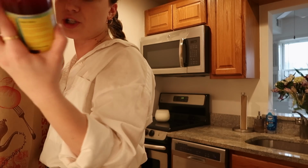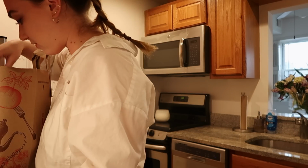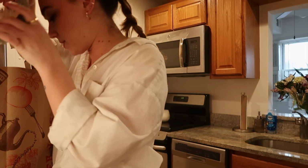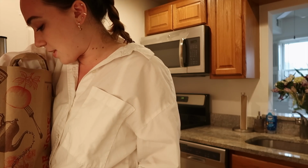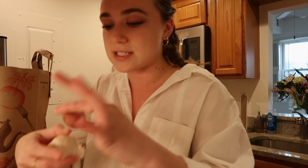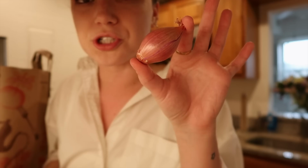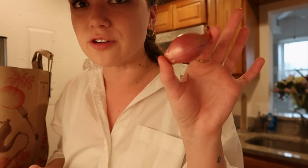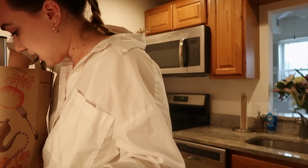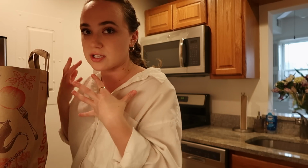I picked up a kombucha. This is in the Trilogy flavor. I'm not following a recipe or anything tonight, so this is a meal purely off vibes. So I picked up some chives, a couple of lemons, and then I found this really tiny shallot, which I feel like is just the perfect little one portion, one meal serving, and then a regular clove of garlic, some orzo like I mentioned,